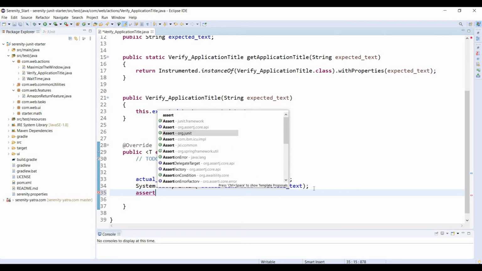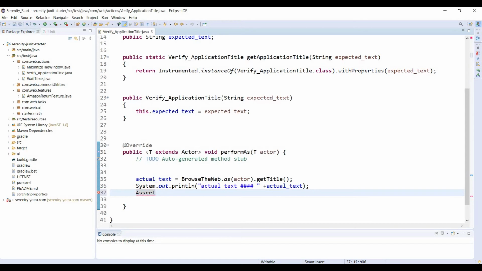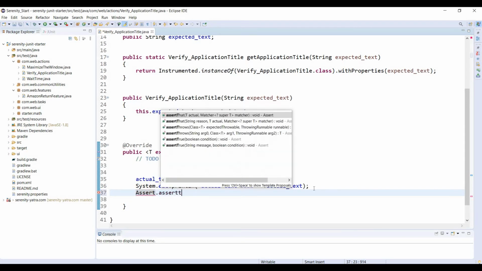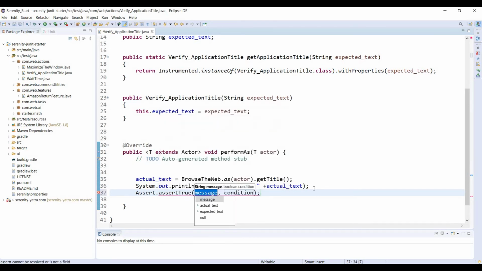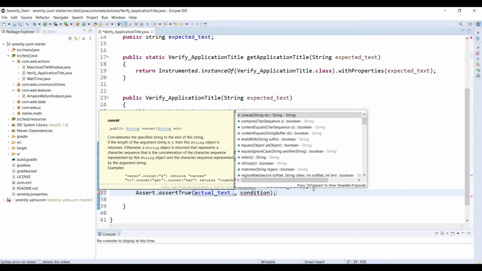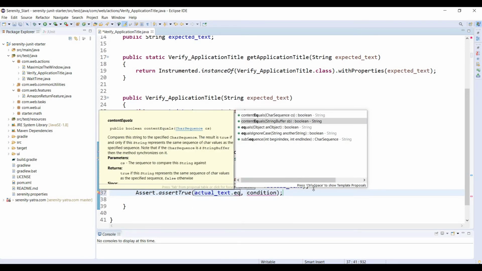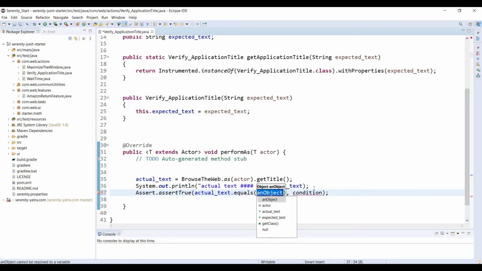Here you have to import org.junit, which is the right package for the assert condition. assertTrue, you just click on the condition. So here actualText dot equals, and you can pass expectedText.